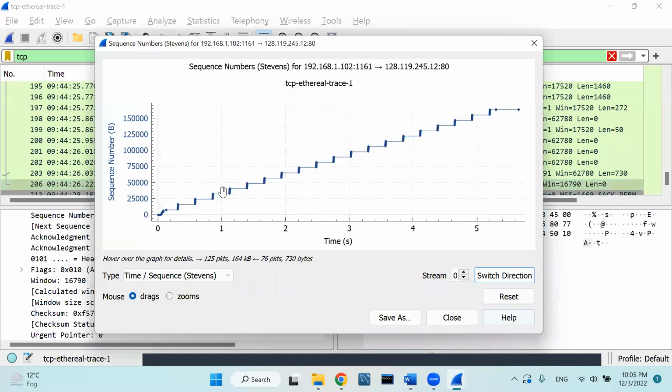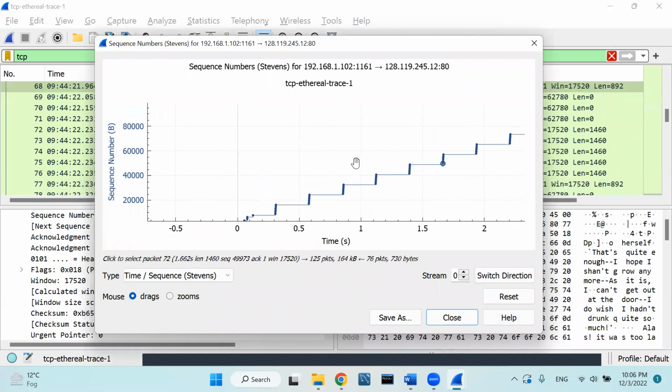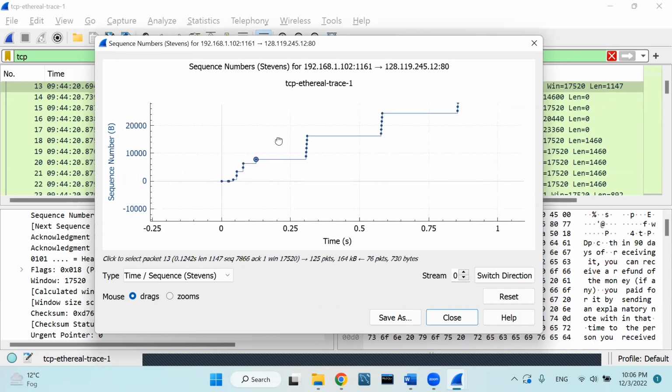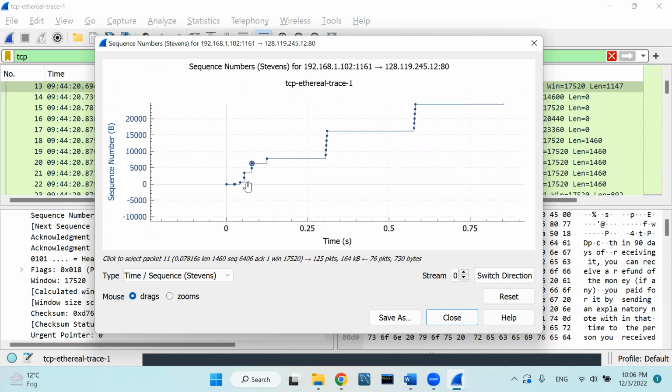Going back, we're going to use the same one, and I'm using my scroll to zoom in, and as we can see, the TCP slow start begins at approximately 0.02648. As you can see, this is a slow start,